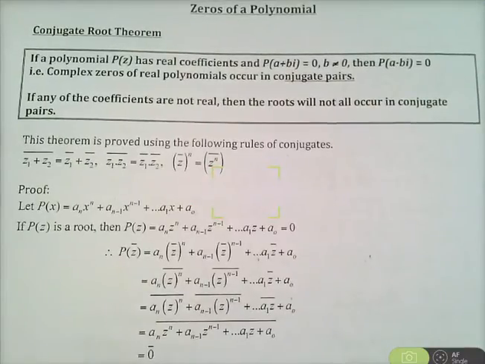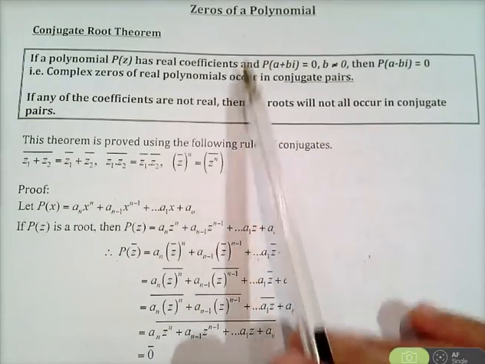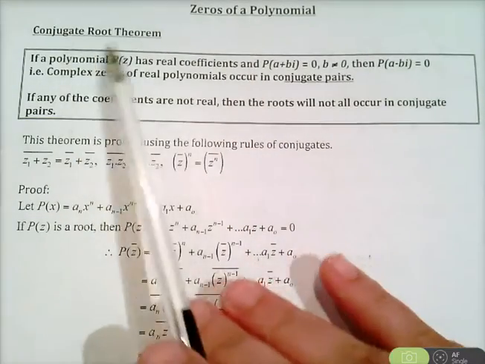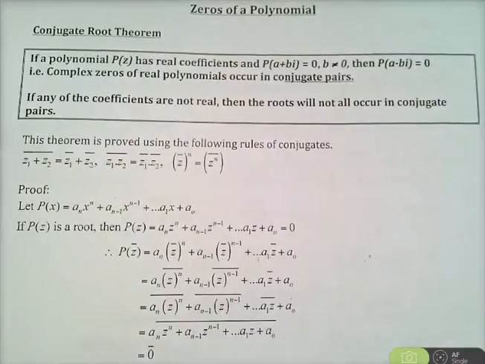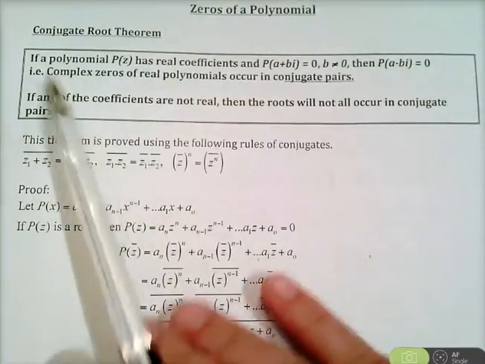Okay, we're on page 6 of the Polynomials booklet. Just a continuation from the first lesson, zeros of a polynomial. Now the conjugate root theorem, we looked at this in the complex numbers topic, and it just states that if